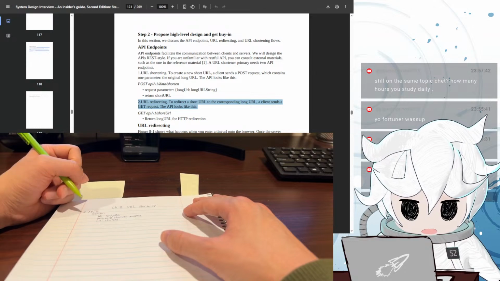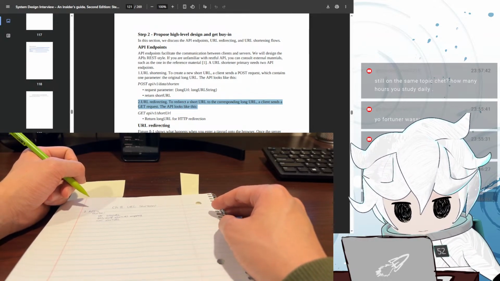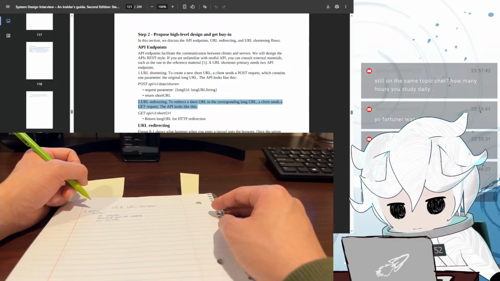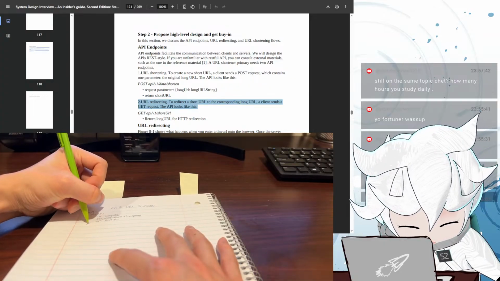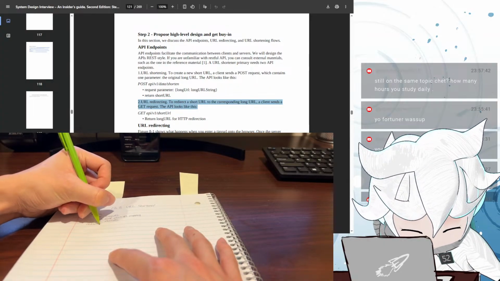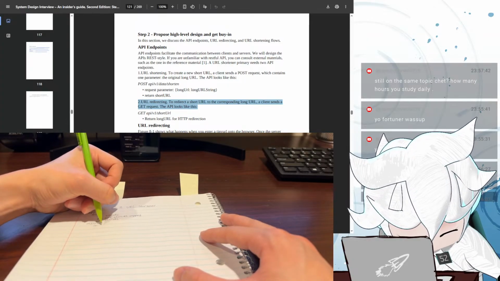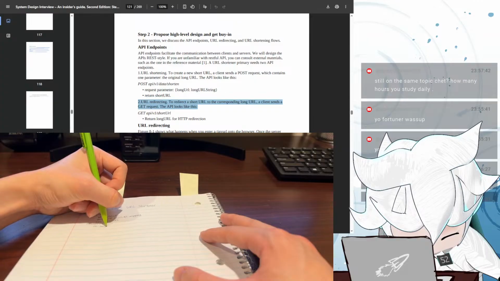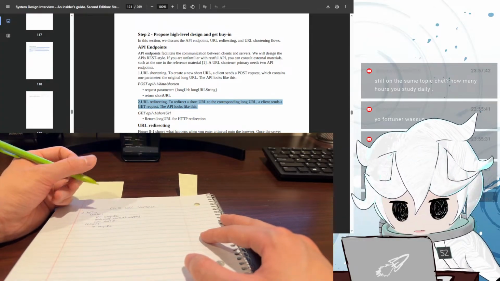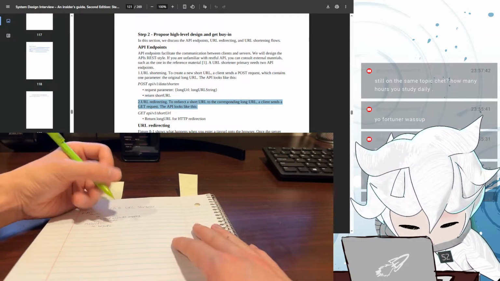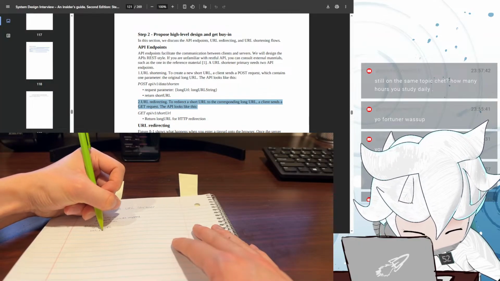And then the second API is converting the short URL to long URL. Maybe let's call this API redirect or something. And then the output would be the long URL.